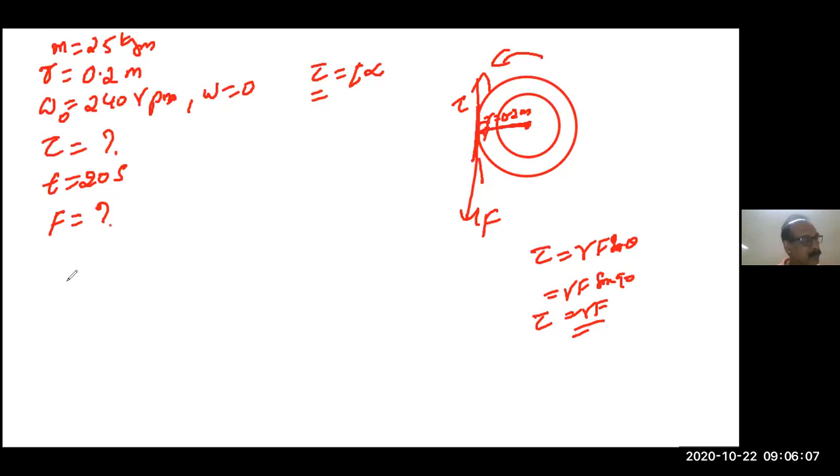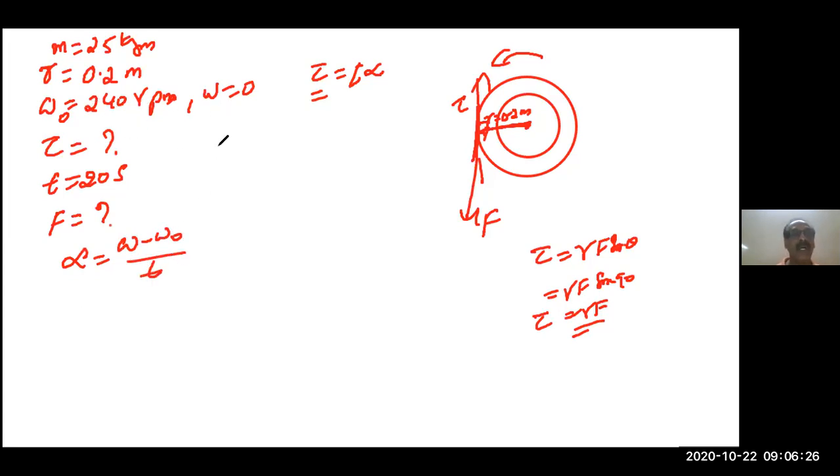But first we have to convert RPM to radians per second, right? Yes, first you have to convert to radians per second, so divided by 60. So alpha is equal to V minus U by T, like that, omega minus omega naught by time.